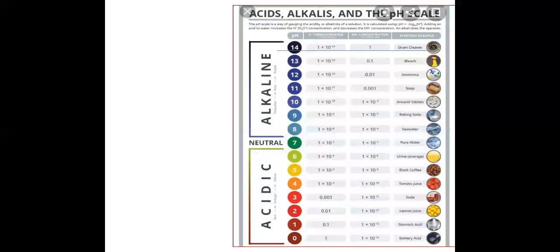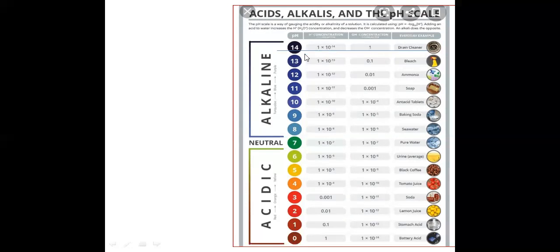So for pH 14, the hydrogen ion concentration is 1 into 10 raised to power minus 14. It is very easy. 1 into 10 raised to power minus 14 means pH 14. Minus 13, pH 13. Minus 12, pH 12. Minus 11, pH 11. So the negative values go down, and when we take the log, it gives us the positive answer 11, 12, 13, and the same for the rest. Hydroxyl ion concentrations are different.